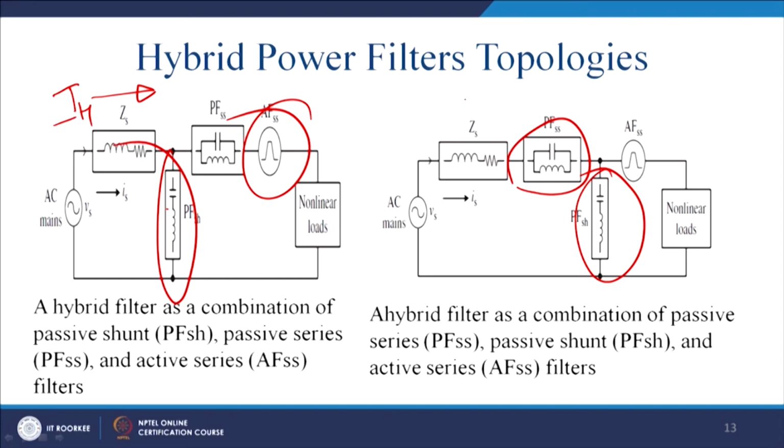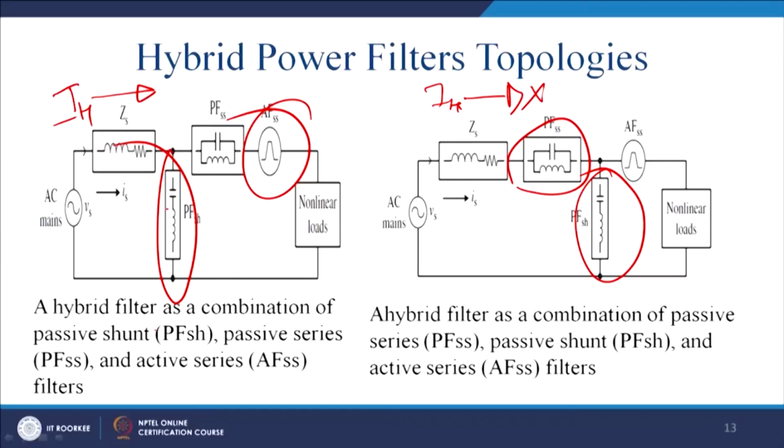What happened here? Here you first blocked IH, then you have a drain. So, the harmonic content that this passive filter handles will be low here and high there, but the problem lies here: the solution you get is inferior to this one, at the cost of a higher power rating, because you have to design for that harmonic current. More harmonic current will sink into it, so a higher power rating is needed here,